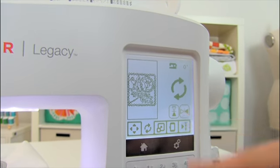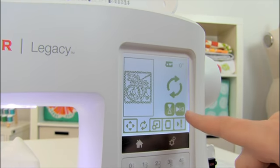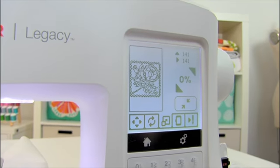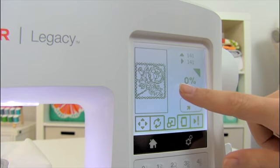You can also mirror your design, so top to bottom, like that, or left and right, which is the second button right there. The third button is the scale button. This is how we can control the size of our design. You can scale up and down